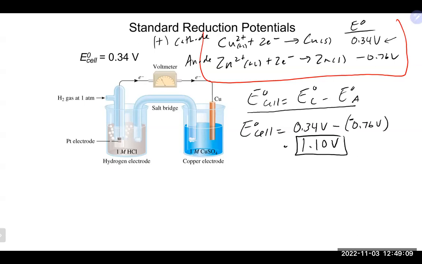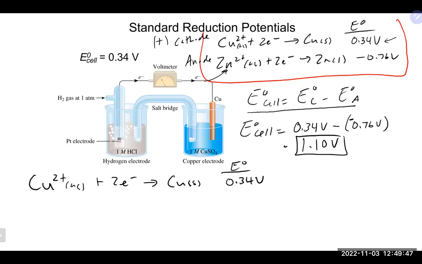Now, you may also be asked to write the balanced equation. That means my cathode reaction is correct the way it is written, 0.34 volts. But my anode reaction, this reaction right here, is it written as an anode? Is that an oxidation reaction? That is a reduction reaction, which means to make it the actual correct anode reaction, I would need to flip